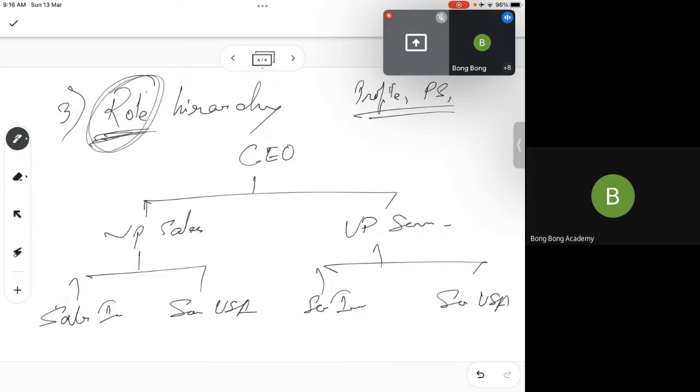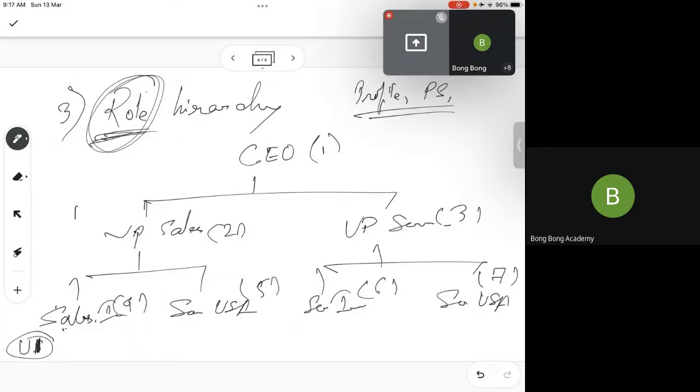So how many roles have I created? 1, 2, 3, 4, 5, 6, 7 roles, right? I can assign a user one specific role only. And if I assign a role to a user, automatically the person on top will see his records. How? Think about this: there is a user 1 who has been assigned this role, and another user 2 has this role.